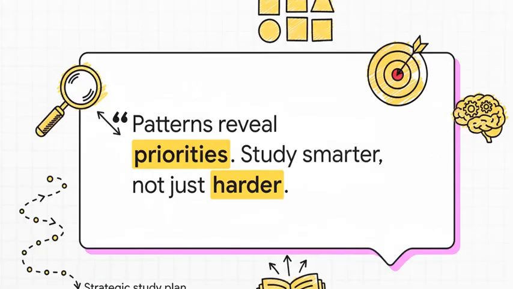Look, if there's one thing to take away from all this, it's that this exam is not just a random collection of questions. Not at all. There are clear patterns, and those patterns show you what the examiners think is important. If you can see the pattern, you can focus your energy where it's going to have the biggest impact. It's about being strategic, not just drowning in books. So, I'll leave you with this. Now that you know the blueprint, what are you going to do differently?